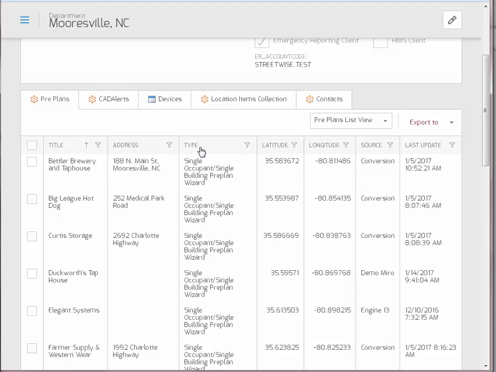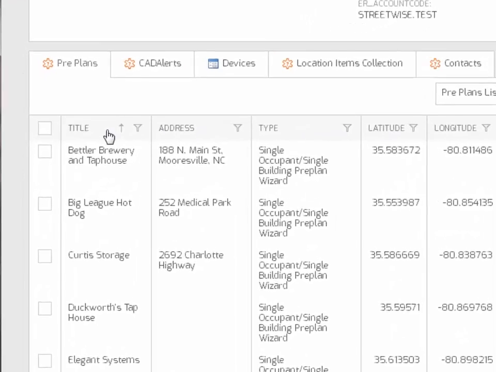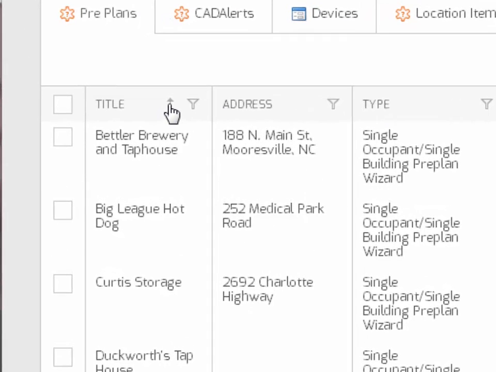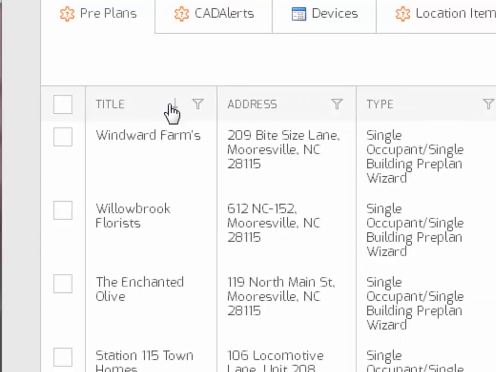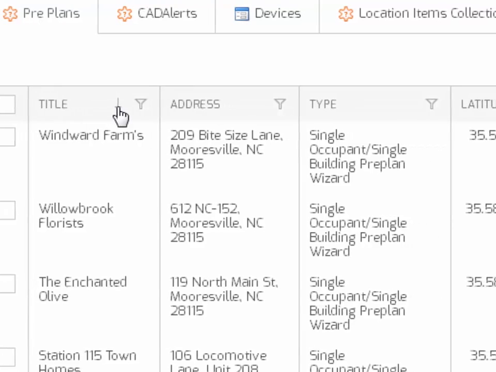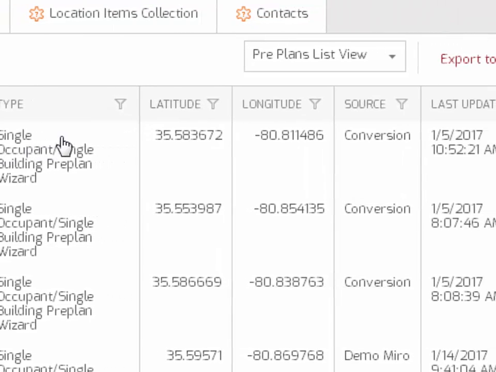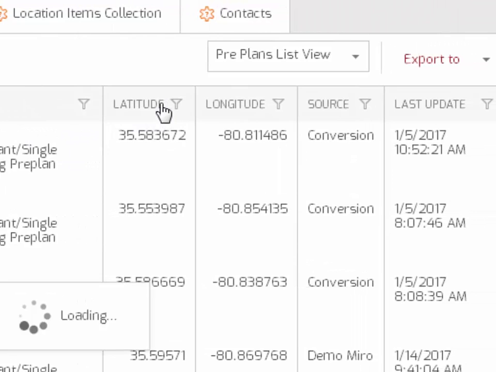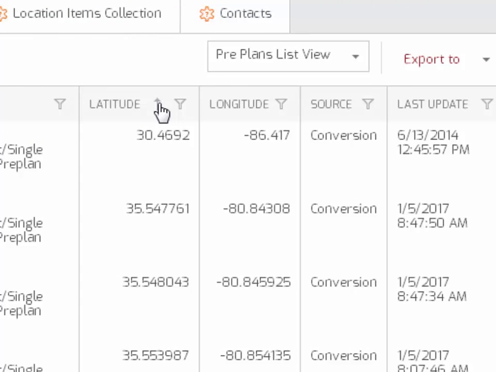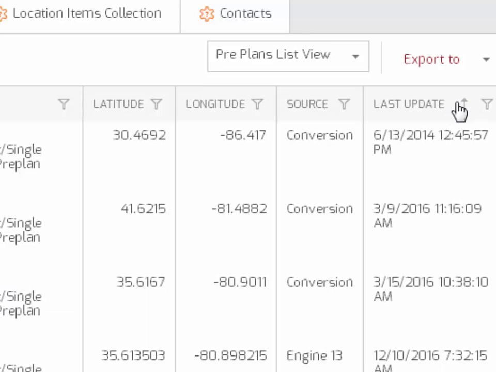At the top of each of the columns of information, you can see a little arrow that will allow you to sort by that particular column, either up or down. So in this case, you can see we've sorted alphabetically by the title of the pre-plan, either alphabetically forward or backwards. We can also come over here and sort by the latitude, either up or down, or in the last update column we could sort by the most recently updated pre-plan or the